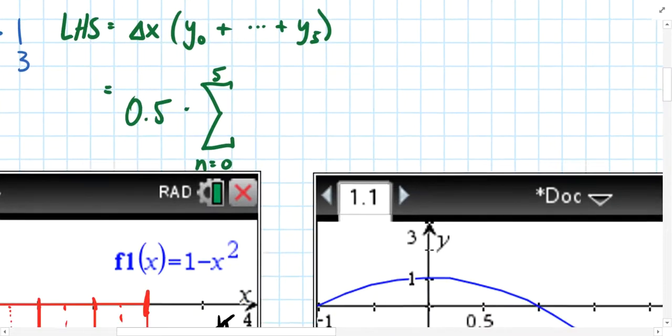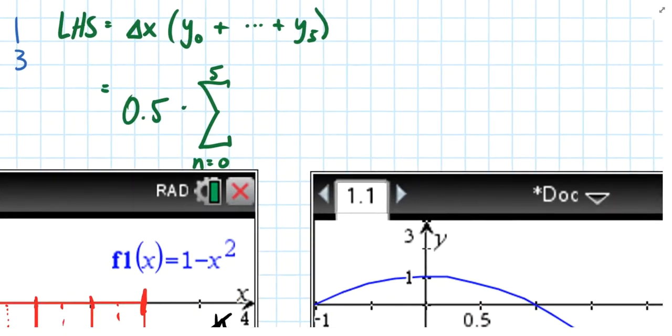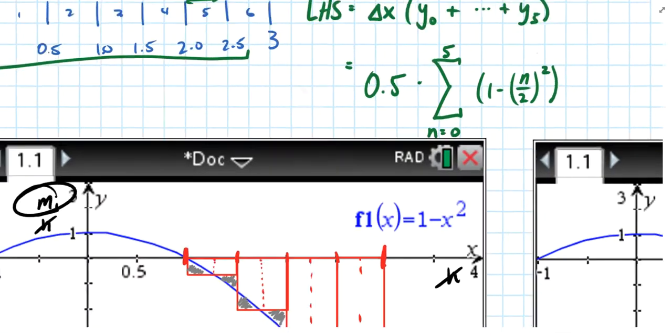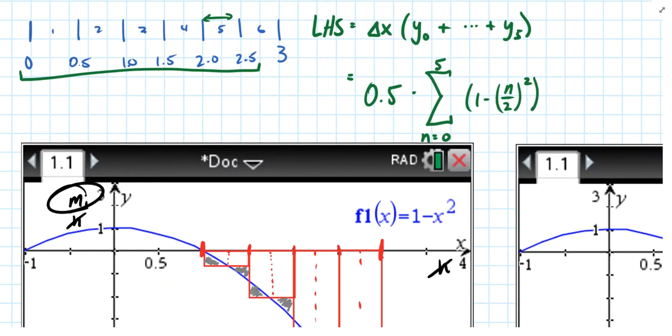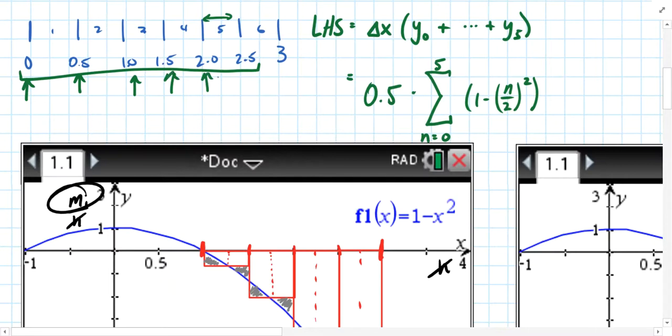Those are the positions. From 0 to 5 of the equation, 1 minus, now I've got to be a little bit careful here, n divided by 2 squared. And I have to use divided by 2 here because I'm trying to recreate these specific values using that summation